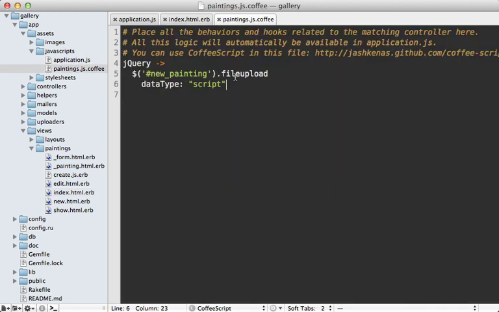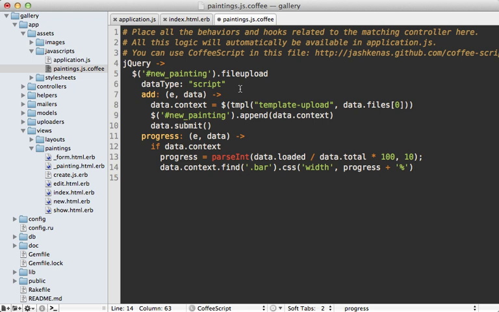Next, I need to add some options to this Fileupload call to render that template, and it looks something like this. This is quite a bit of code, but let me walk you through it. First, I have this add option, which I supply a function, and this will get triggered when a new file is added. So each separate file that is added, even if multiple are selected, this is going to be triggered, and it provides us a data object, which we can use to fetch various information, such as the file object, which we can pass into the template